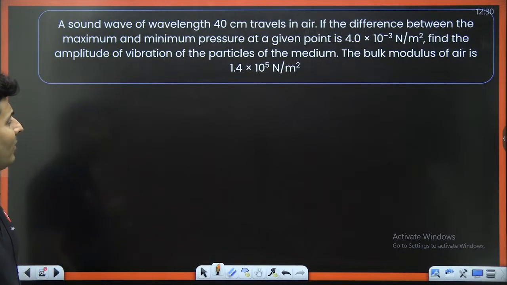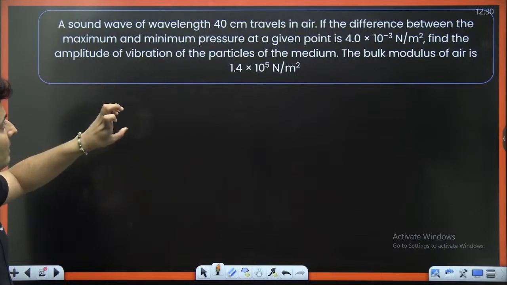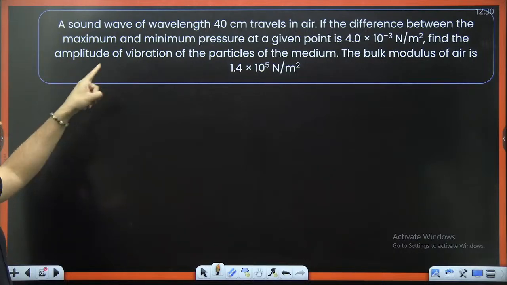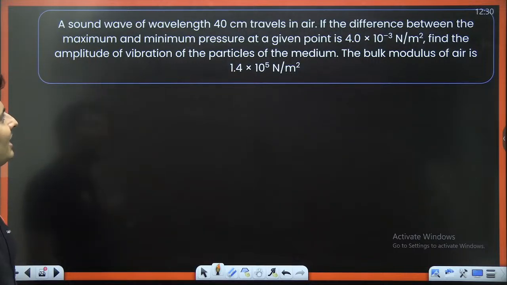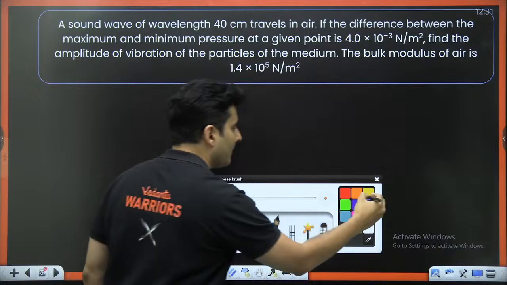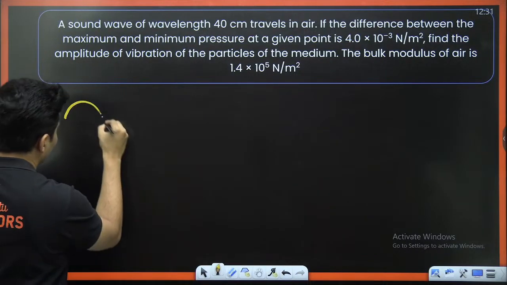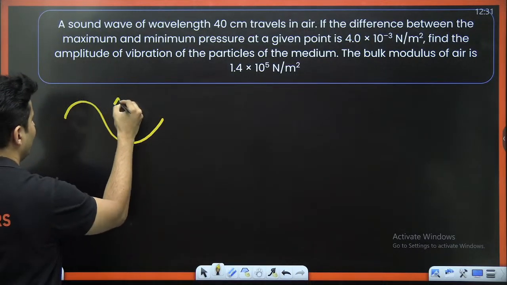Here, a sound wave of certain wavelength, the difference between maximum and minimum pressures is this much. Find the amplitude of the vibration of the particles if the bulk modulus is this much. Interesting question. Very, very nice question. Sound's wavelength is given, bulk modulus is given, the difference is given. Find the amplitude of the vibration. See, if the difference is given,